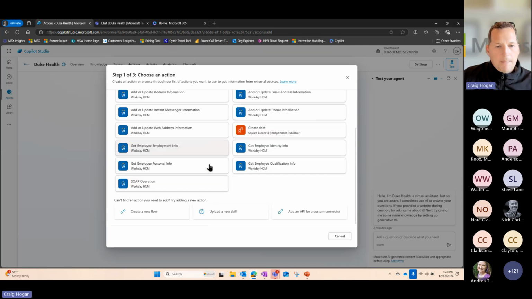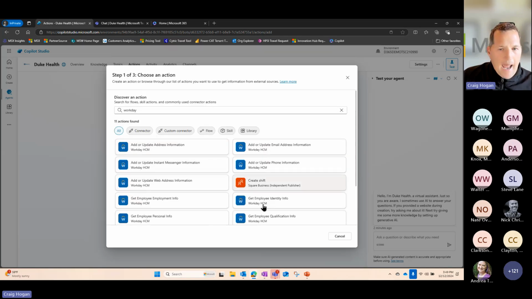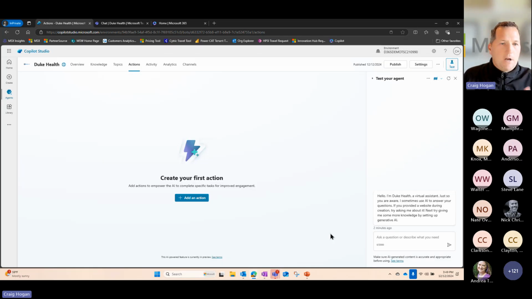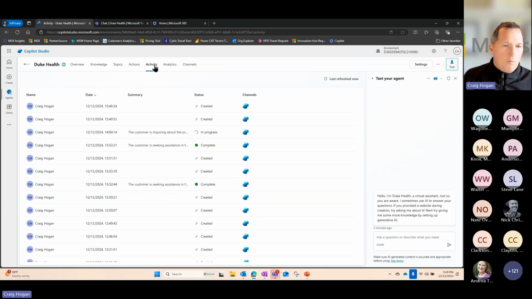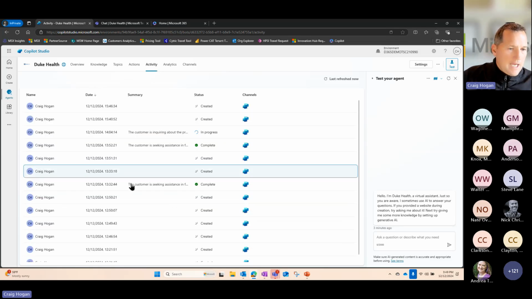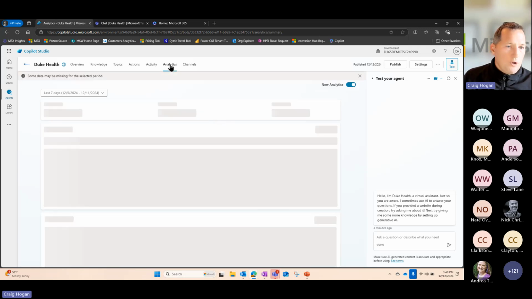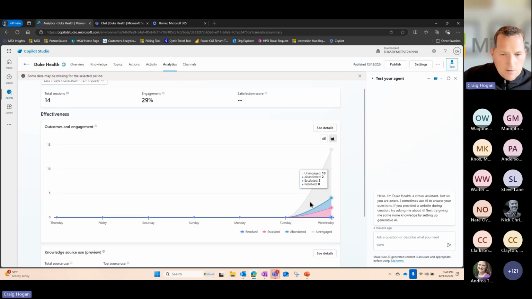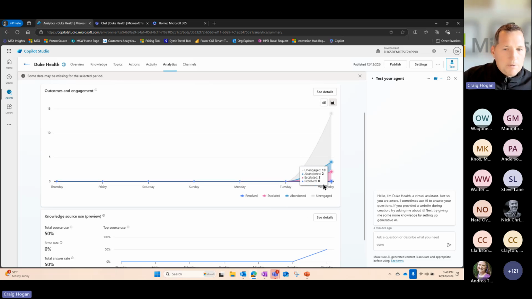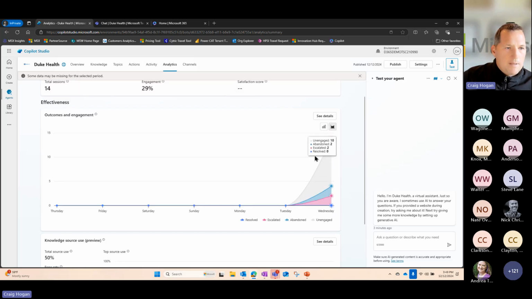So that is an action that I can trigger. Based on how my user is engaging with the agent, if I now want to trigger something else, I can do that. We've added this activity around what has happened with this agent, how the user has been engaging with it. I get some visibility. Here's where I have full analytics, and you can see I started playing with it. I've done a couple demos, so now you can start to see what kind of engagement I'm getting. What are the details of that?